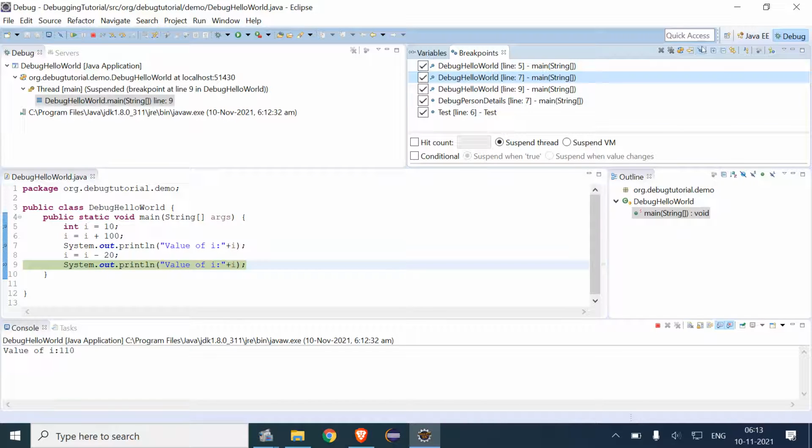And there is an option, skip all breakpoints. So if I activate that, it will skip all the breakpoints which are assigned at line number 5, 7 and 9, and it will just run the program.